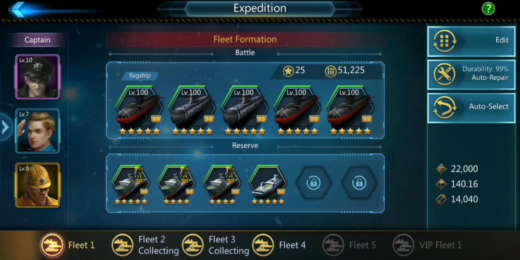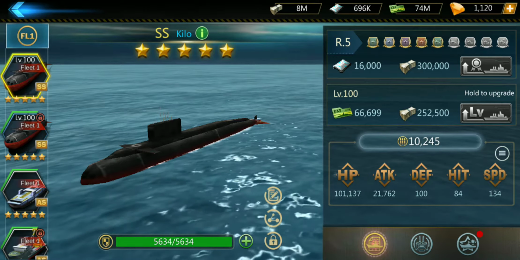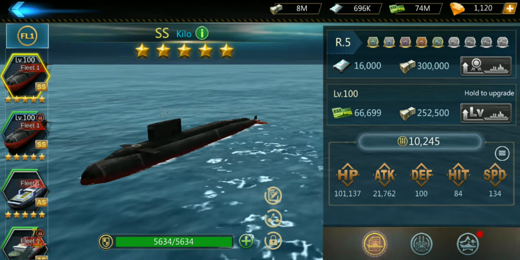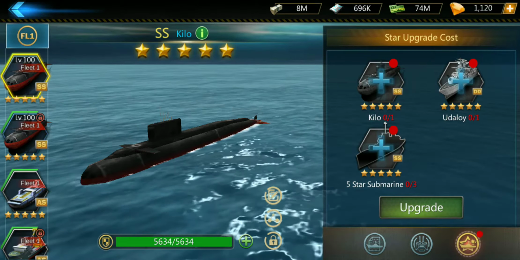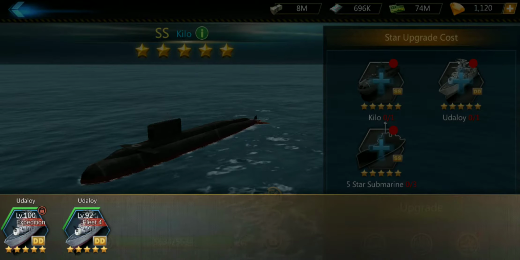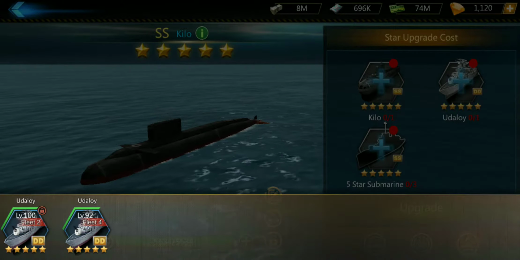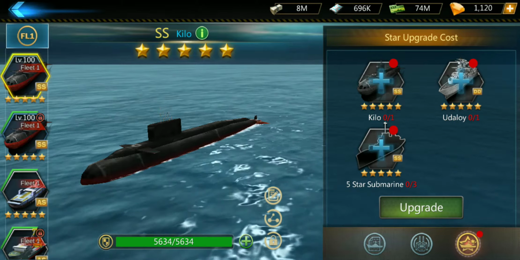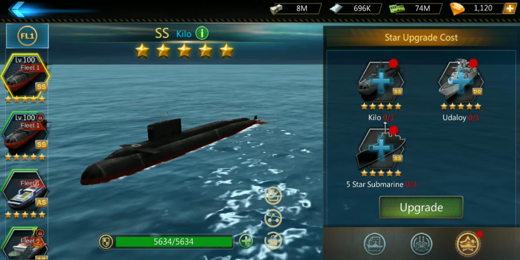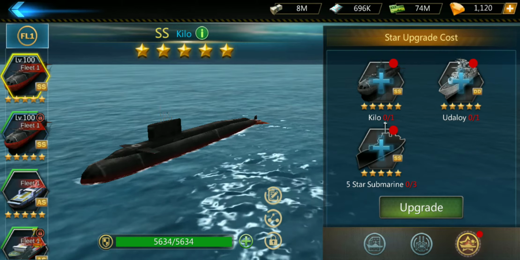I do have enough subs to upgrade one of these to 6-star. I can either do the Kilo, which is the red one, the red stripe here. I can do this. See the little red dot on the bottom right? That means I do have the ships to upgrade it, but I don't want to use one of these. I'd like to have an additional one that's not really upgraded, so I don't waste the resources, because basically it's going to disappear. I do have one additional Kilo, that little level 21 that I can use for that top